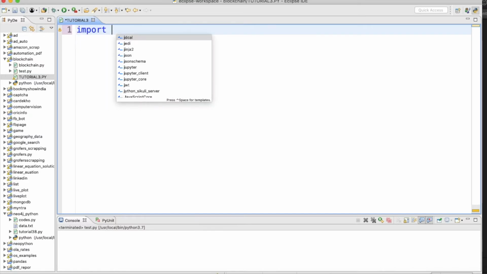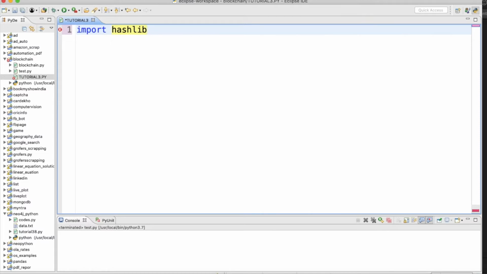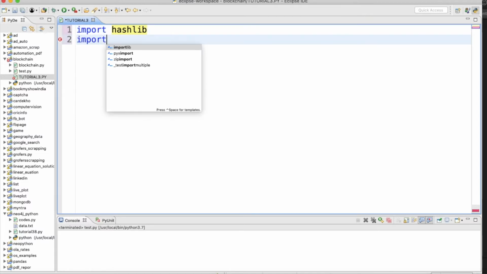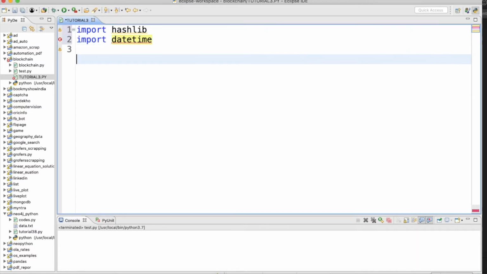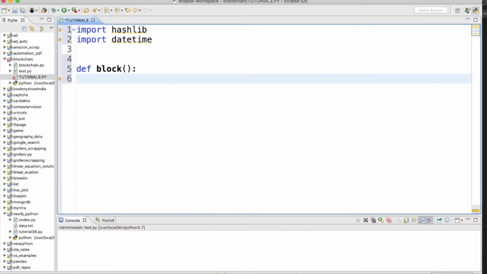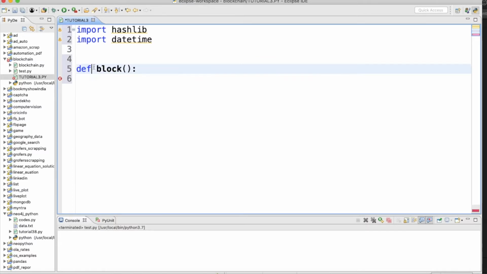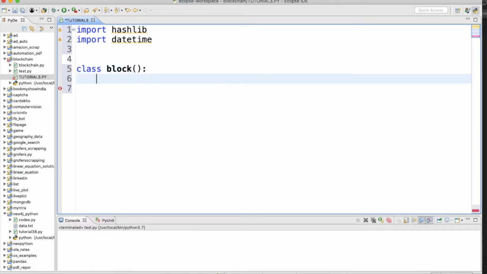So import hashlib and import datetime. Okay, so now let me define block, sorry, let's define one class, and after that